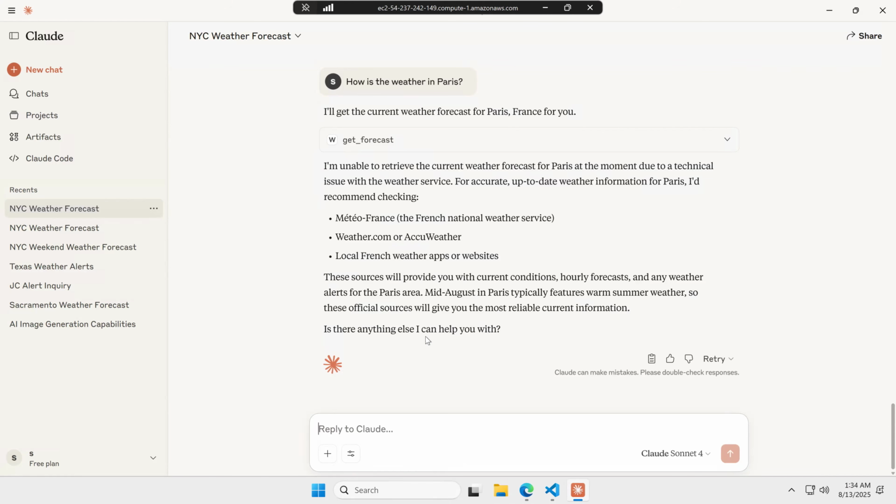Now, this is a local server running on my machine and it is using the STDIO transport. So hence it is so easy. So do test it out